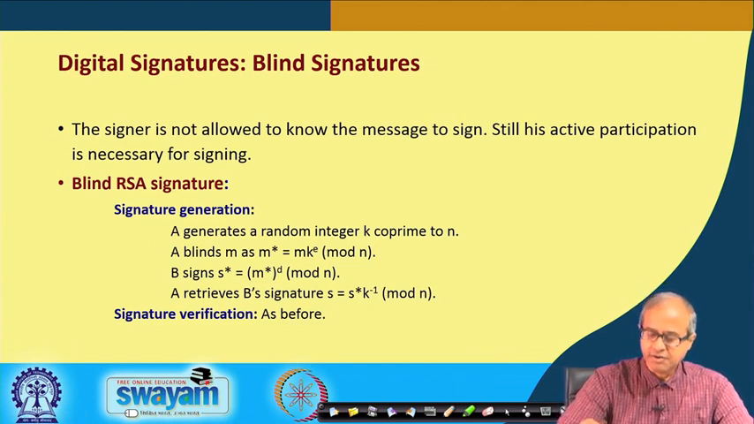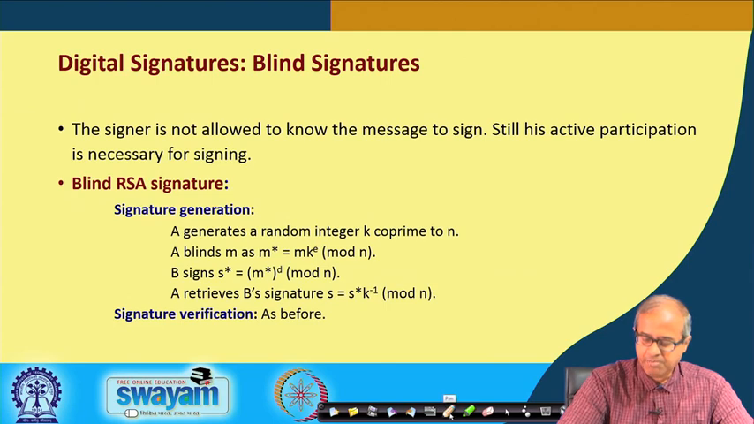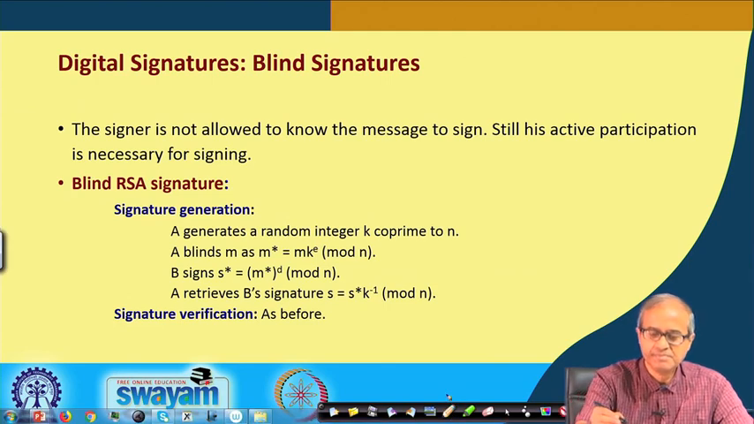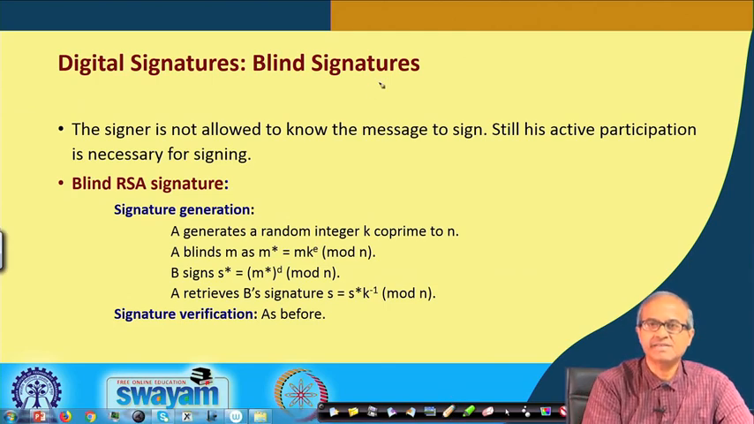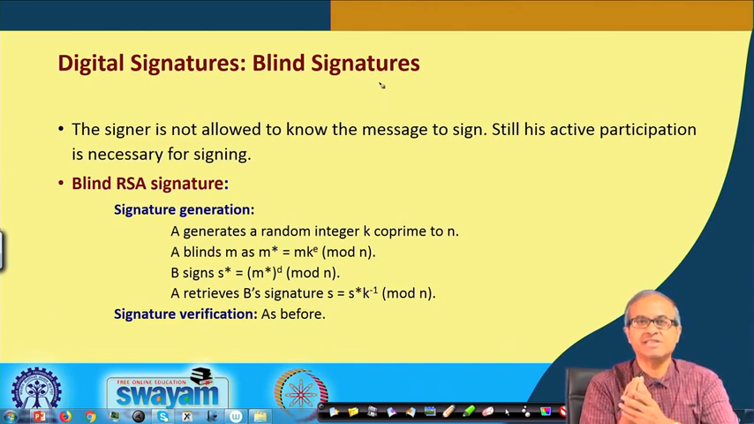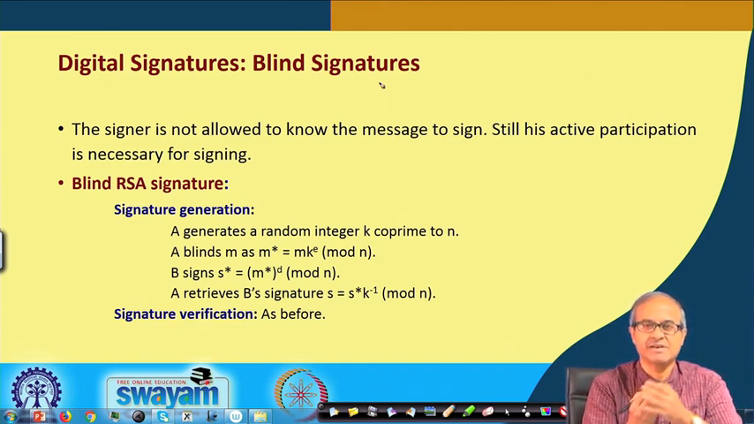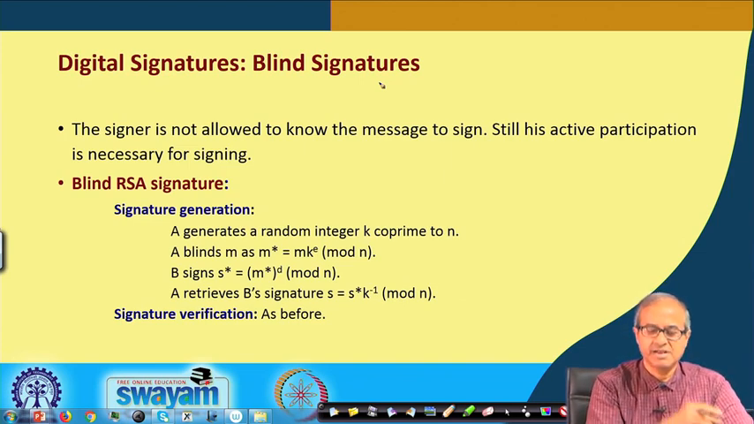There is another kind of digital signature called blind signature. Here the idea is that the person who is signing is not allowed to see the message. Normally, in the other methods earlier, the message is given to the person signing, and the person just applies some transformation directly on the message. But in blind signature, the idea is that